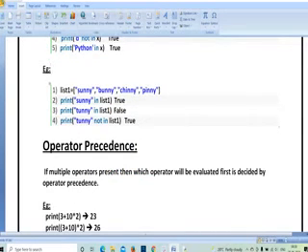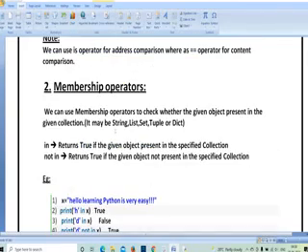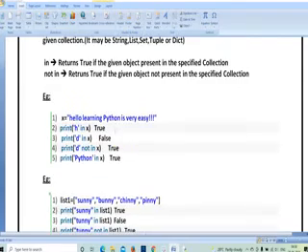So this is another example. In this example, I have taken strings Sunny, Bunny, Chinny, Pinky, Pinny. So here I have taken them in a list. The name of our list is list 1. So next, print whatever the value I am printing. Sunny in list 1. Do I have Sunny name in list 1? Yes, I am having. Tunny in list 1. Do I have Tunny? I have Bunny, Chinny, Pinny, Sunny. I did not have Tunny. So I am going to get false. Next, print Tunny not in list 1. It is only saying there is no Tunny in list 1. Of course, it did not have Tunny in list 1. True. So this is a concept of membership operator. Membership means we are going to use in, not in.